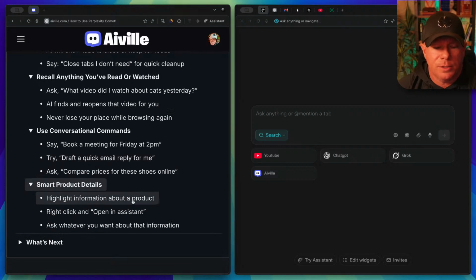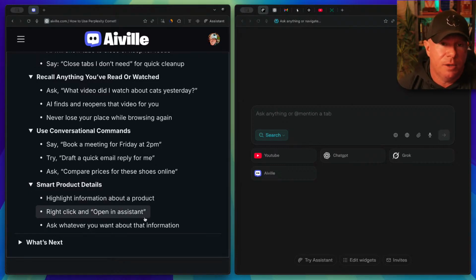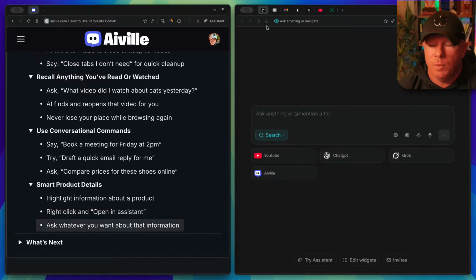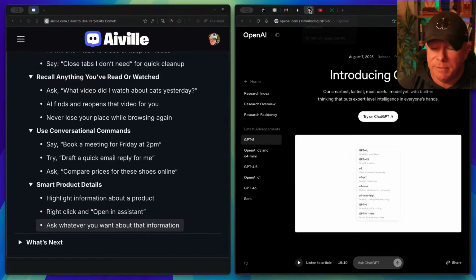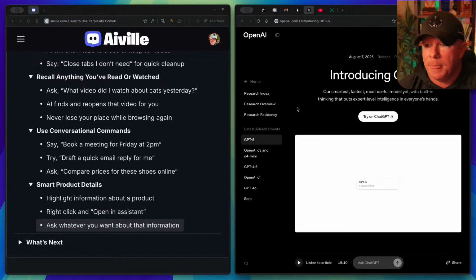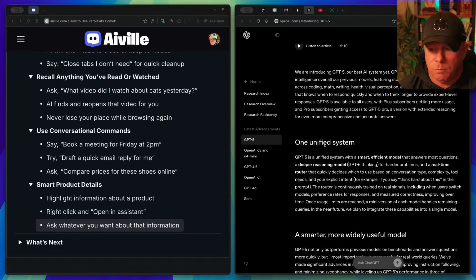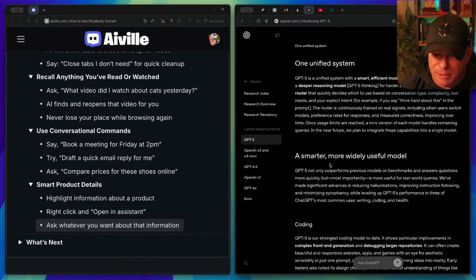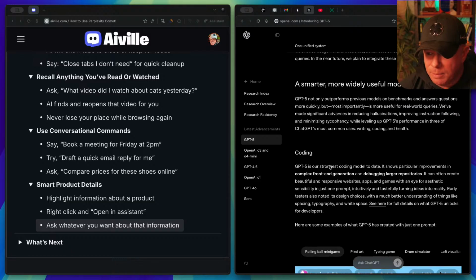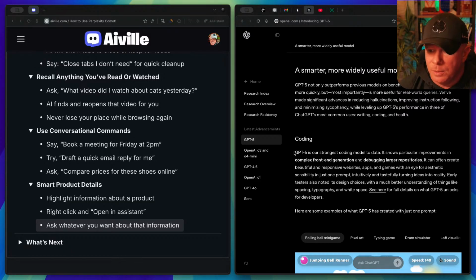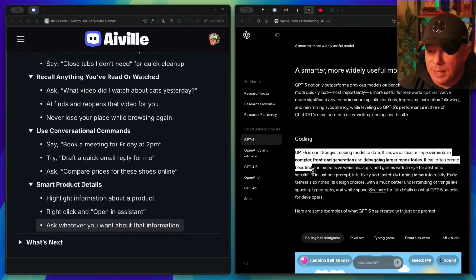Okay, so we can also do some smart product details. So we could highlight information about a product. We could right click and open it in the assistant and ask whatever you want about that information. So for instance, let's say I was reading really in-depth stuff about ChatGPT 5 before I went live here. So let's go ahead and just highlight